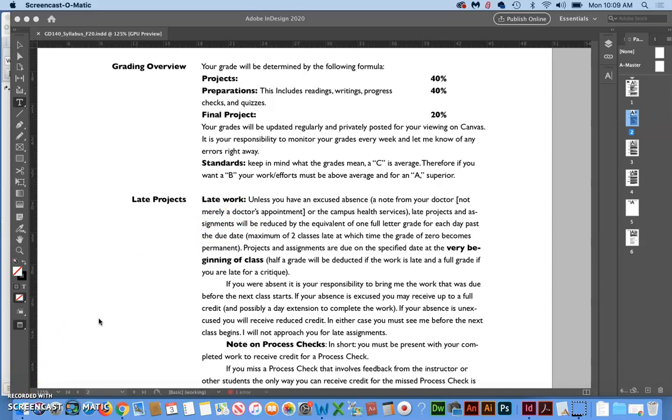Now, most people don't like to be told that they're average, and in truth, if you meet all the expectations of the project, and it is truly not below average, you'll probably get a B. However, to get an A, you really have to nail every aspect of the assignment like you were turning it in to a client. So if everything is awesome, but it's the wrong size, then you would have really made your client's life miserable because they would have gotten the brochure, for example, printed, and it wouldn't fit inside the cover.